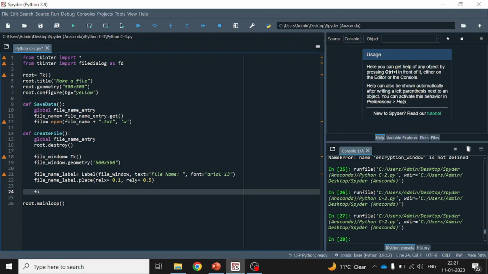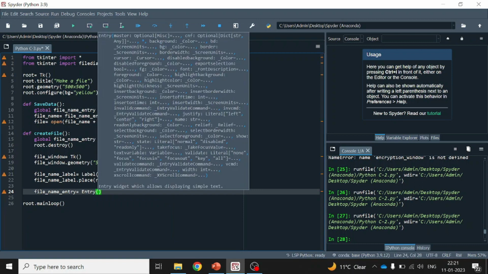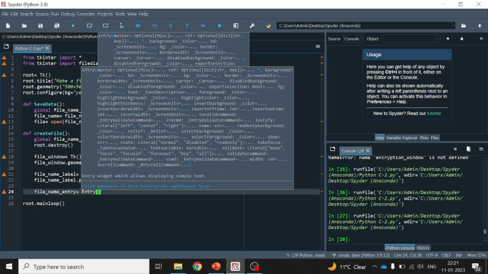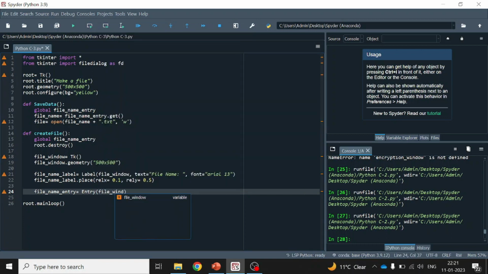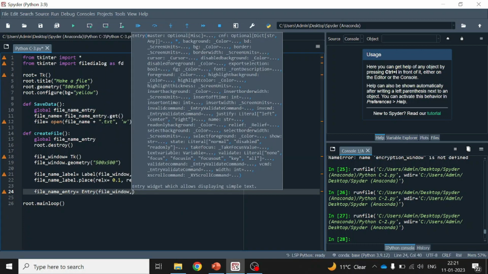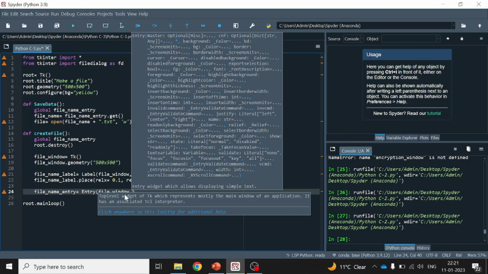Now we will be making an input. So the name of the variable would be file name entry. To make an input, we will write Entry instead of Label, with capital E. So entry means like we're entering something in that input. So Entry, we will be storing it in file window,